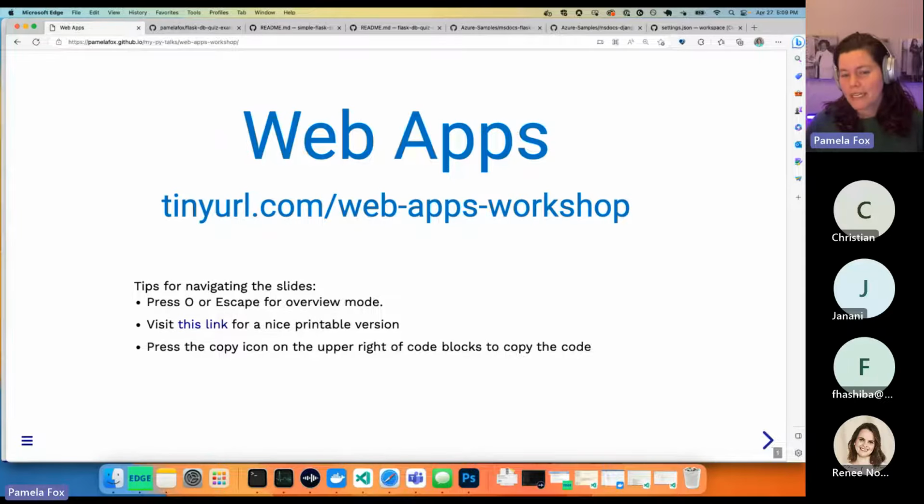I did post the link to the slides in the chat, so you're welcome to reference those. This talk is based off a workshop that I've given for another women in tech organization. So it does have some exercises throughout, and I'm going to encourage you to do those exercises as homework.